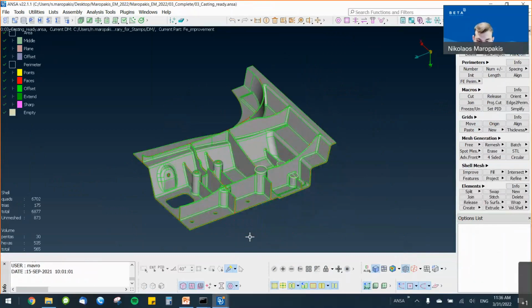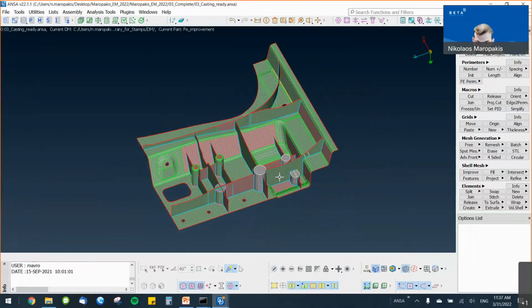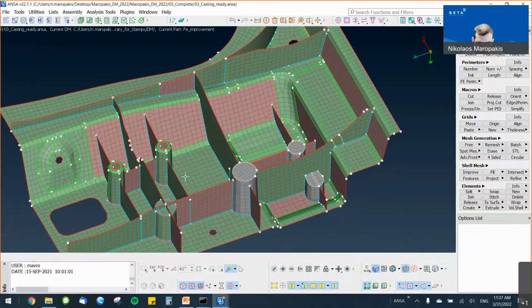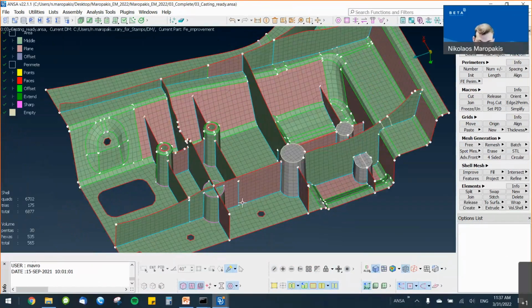For instance, here I have an example of a model that I already invested some effort and time to fix. You can see here that it got a lot of complex areas, some tubes that needed solid mesh. We can see here the mesh pattern, it's perfect. All these tubes have a nice mesh and the correct align constraint. This bulky area also, all these perimeters are defined correctly. And in general, it's a model that I invested some time and effort to fix and have the perfect middle mesh from my 3D geometry.